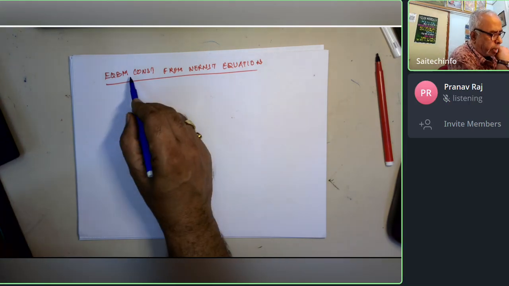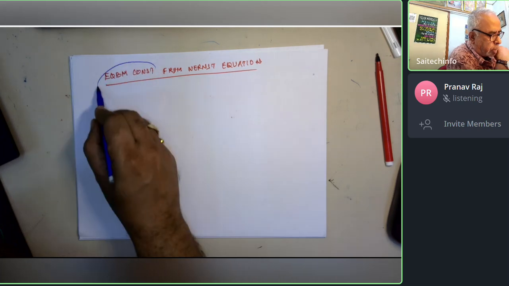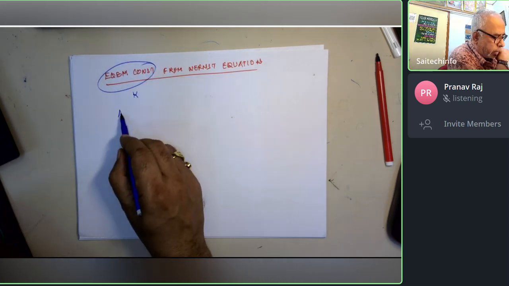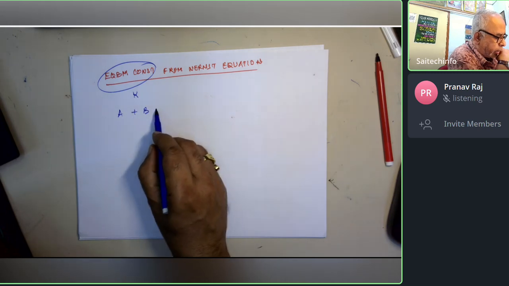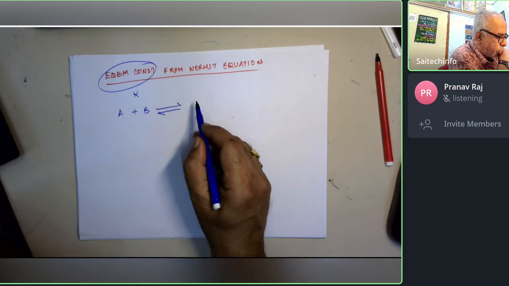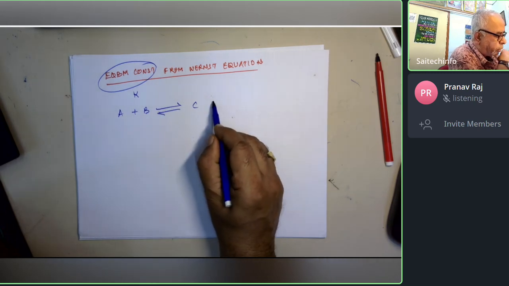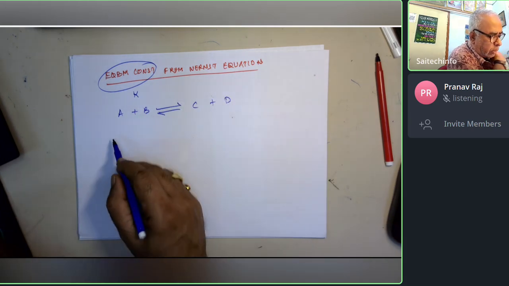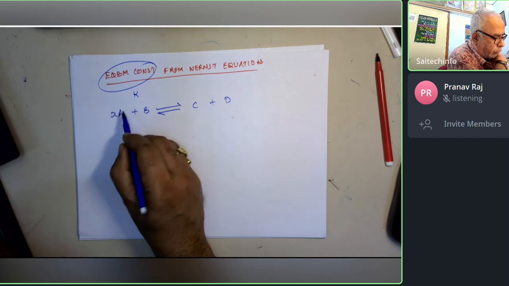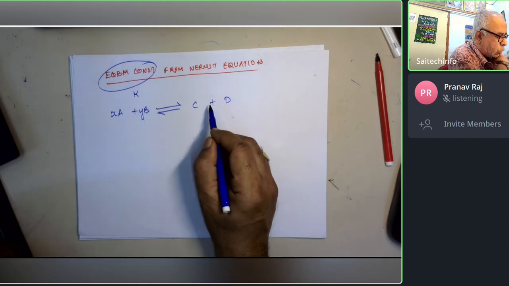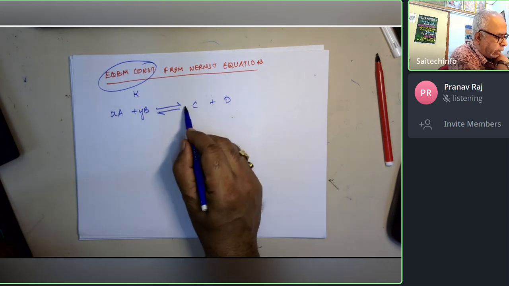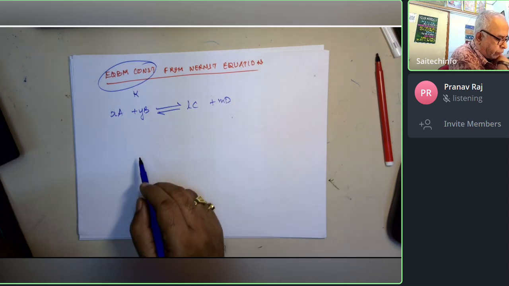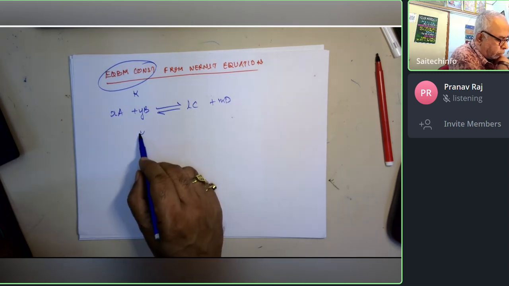We can determine the equilibrium constant. So, what is this equilibrium constant that is represented by K? Let me consider A plus B that undergoes equilibrium to give C plus D. Let us take some reactants and products. Let me say that X moles of A and Y moles of B react to form L moles of C and M moles of D. And according to the law of mass action,